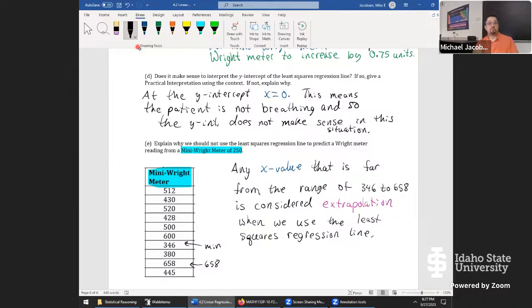So extrapolation is really very dangerous for us because our patterns that we're taking a look at, they're linear,